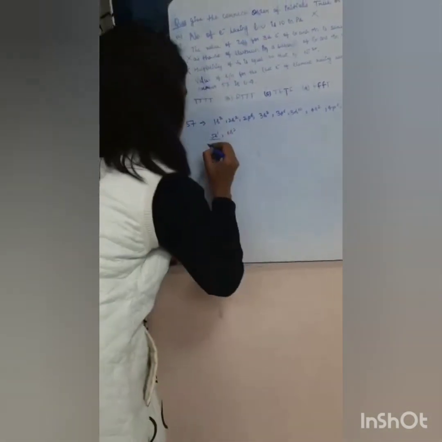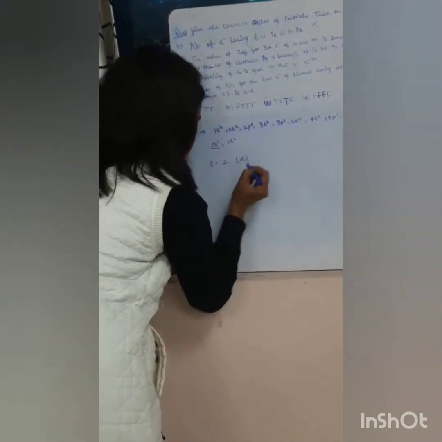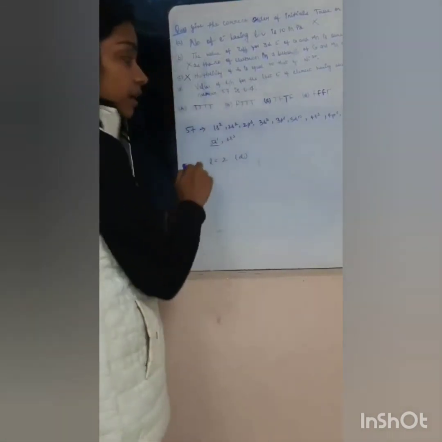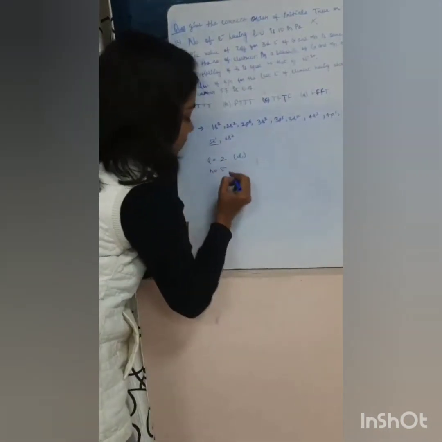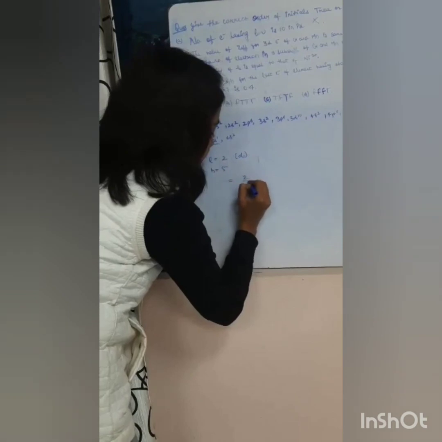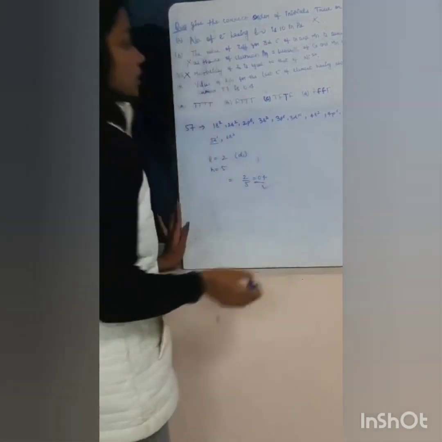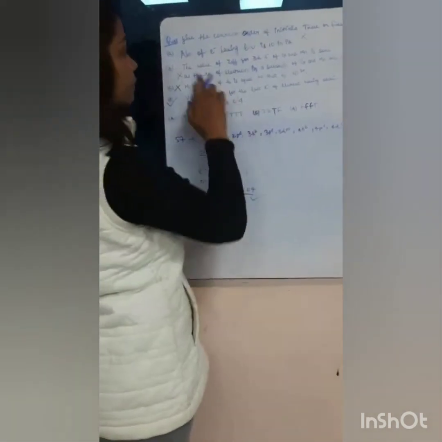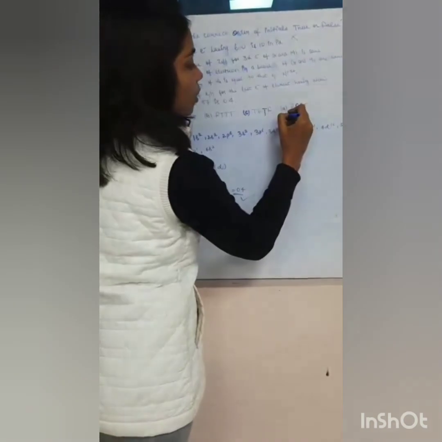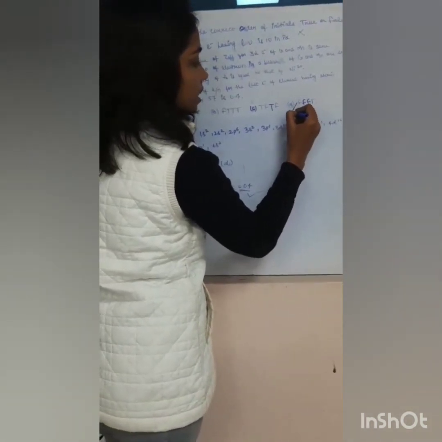The value of L is always 2 for d, and we have 5 as the number of the shell. So N is equal to 5. So 2 by 5 is equal to 0.4, and this statement is true. So the final answer of this question is false, false, false and true, which is option D. D is the right answer.